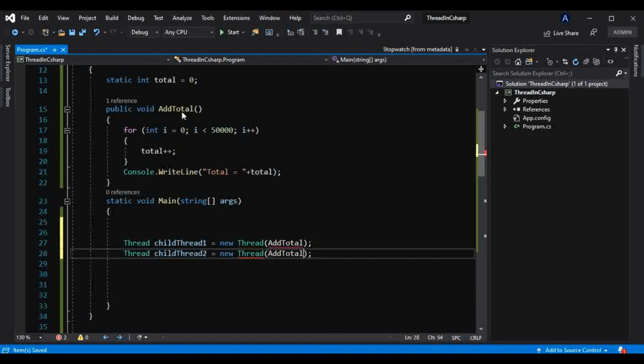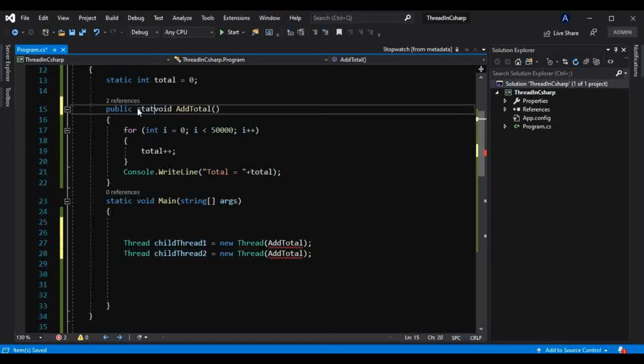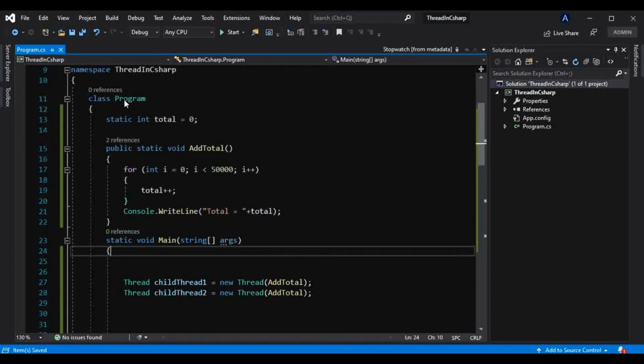And what I will do, I will make this method static, so we don't need to create an instance again. That is for this class as well.